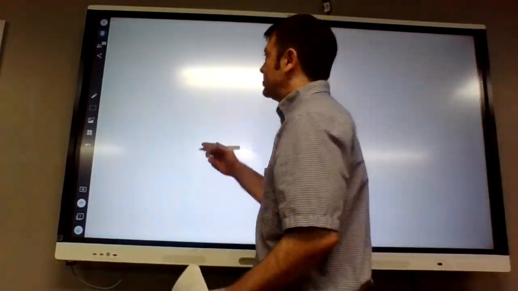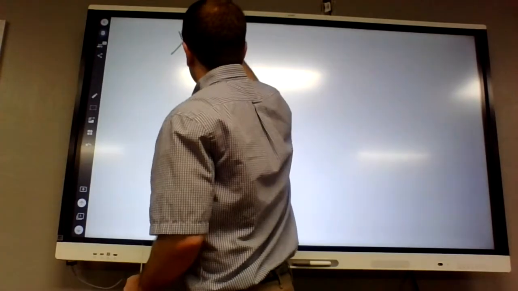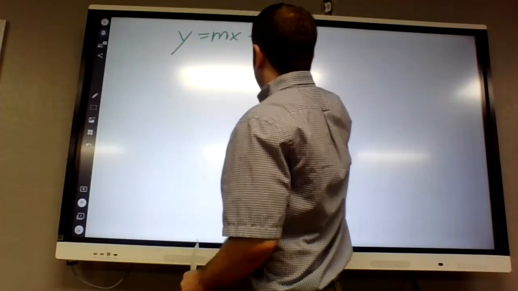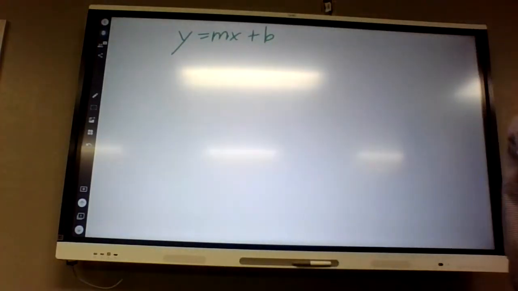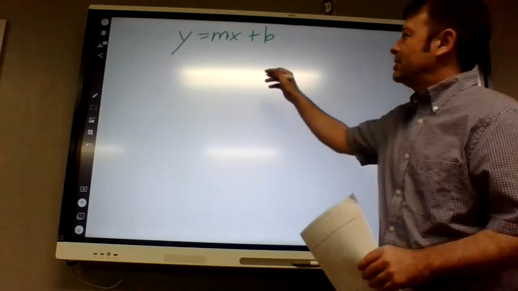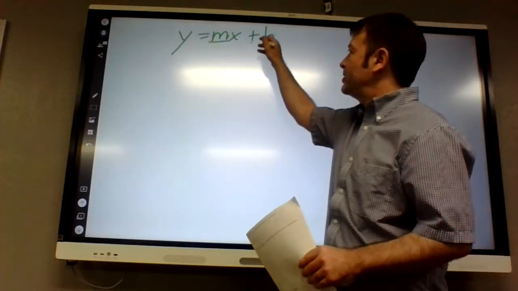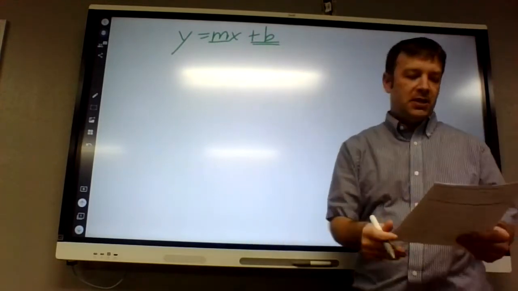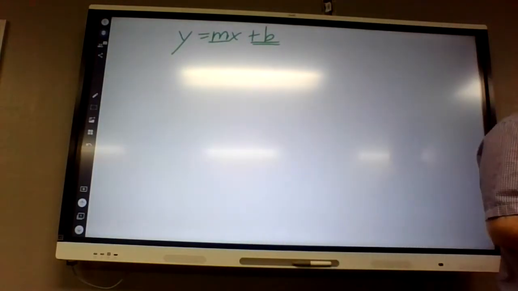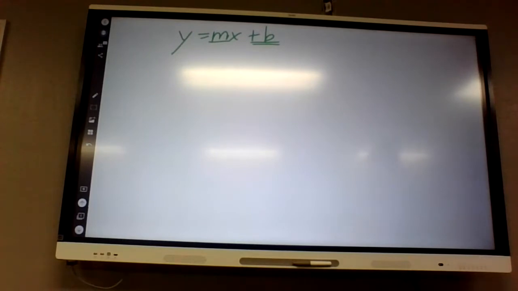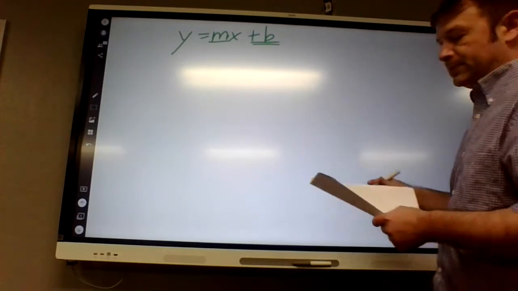Y equals mx plus b. Okay, that's called the slope-intercept form because the m is the slope and the b is the y-intercept. So we need to find the slope and the y-intercept to have the equation. So on number 1,